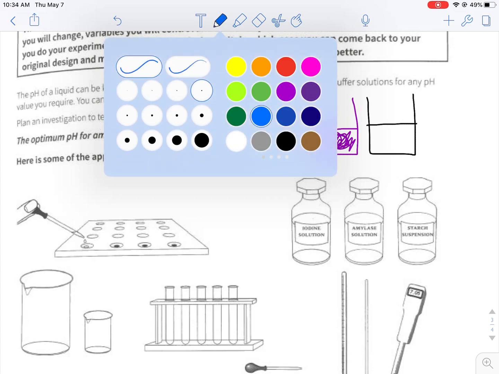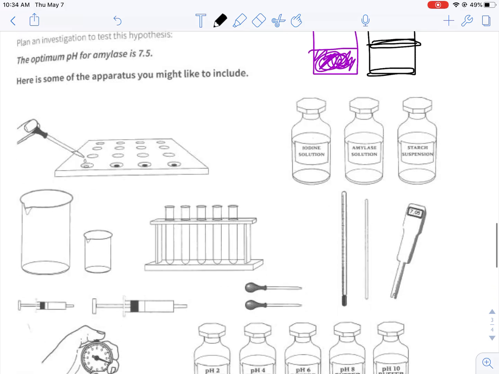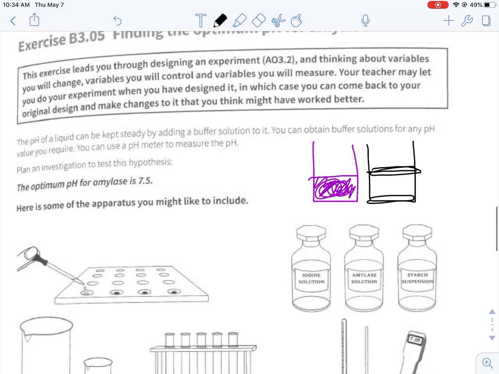I'll just draw that so it looks like there's a liquid in there, but it's clear. So that is what you will be looking for in this experiment. It is a color change. So then, depending on what